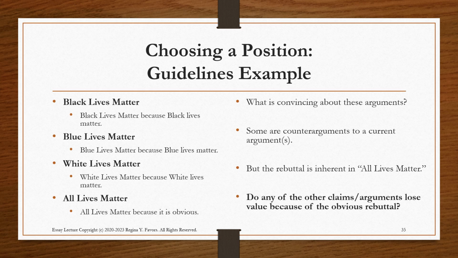So if you sort of wear a shirt, All Lives Matter, well, everybody knows that. If we live in a system where the ruling class is white and they say white lives matter, why would they need a t-shirt for that? That's already obvious, right? It's an ultimate rebuttal because of the system that we live in. Even if this was not a white ruling class, say we lived in Japan, well, the Japanese would be the obvious rebuttal. I can't go over there as an African American and say all lives matter or Black lives matter over there in Japan because Japan or the Japanese represent the ruling class. So at the end of the day, they are the ultimate rebuttal.